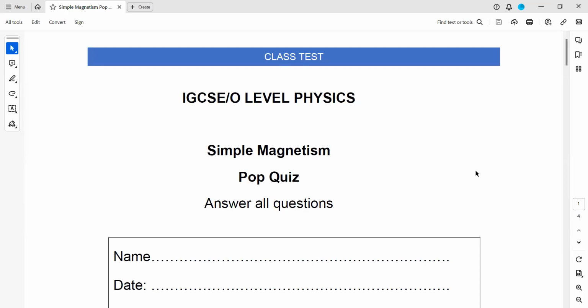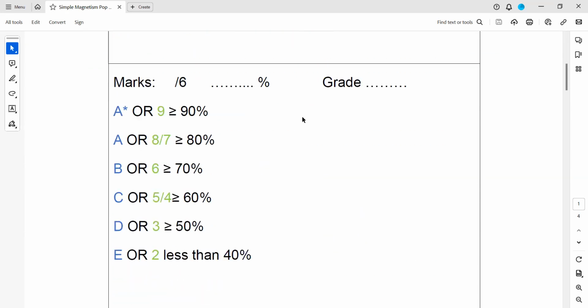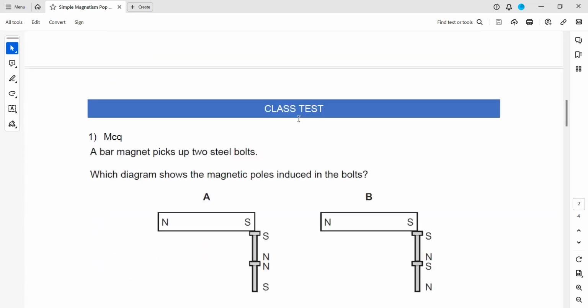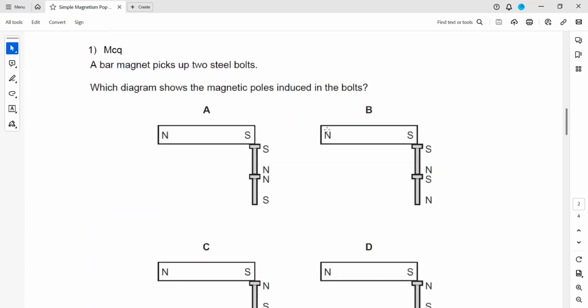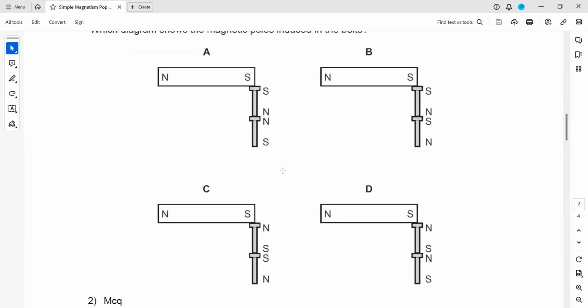This was pop quiz 2, which was related to simple magnetism. In the first question, a bar magnet picks up two steel balls. Which diagram shows a magnetic poles induced? So for a magnetic material, always opposite poles are induced. Like for example, when we check the first option,